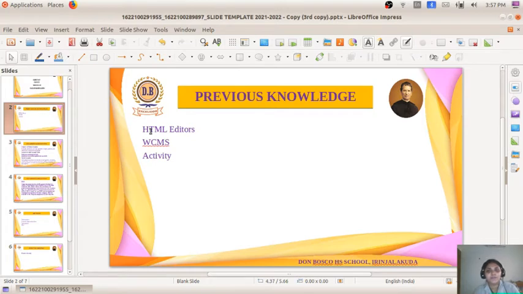We have done the example in the word processor LibreOffice Writer. Also we did an activity in LibreOffice Writer, and you noticed the change. The second one is WCMS. Some persons will not know how to type the HTML code. So to create web pages without learning HTML, some editors are available for doing that, and they are known as WCMS. And also we have done an activity, and with this much our chapter 3 is completed.